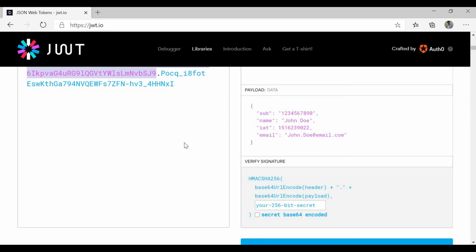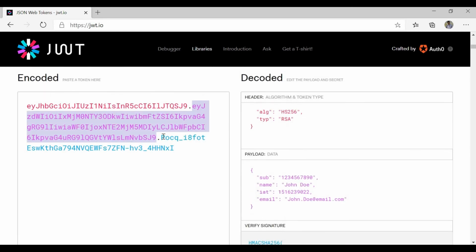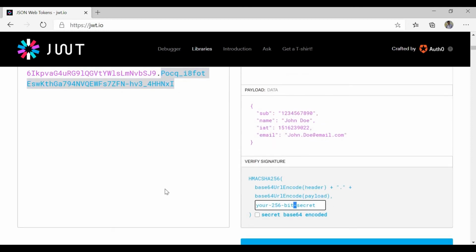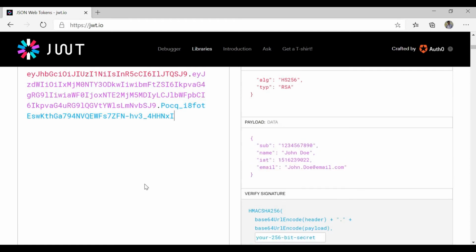Without knowing this, no system will be able to validate the signature. If someone creates a token using this website with one secret key, and the system validating it is not given the proper secret key, it cannot validate the signature. This is the technology by which any system validates a JWT.